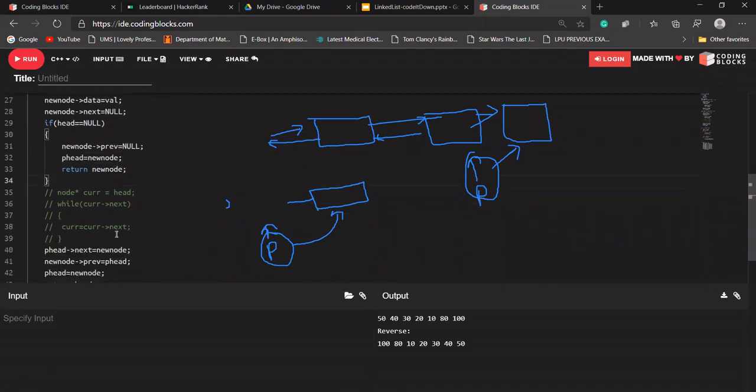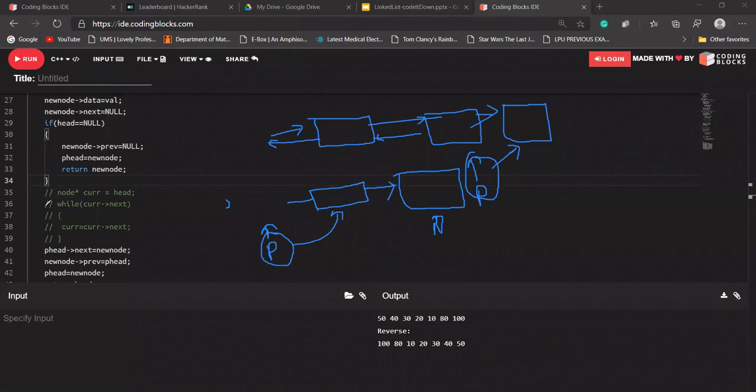But if we have some data and we want to add something to the last of our linked list, right now our p head is pointing to the last node. The new node will be created and pointing to this. Suppose this is our new node. Suppose we have been given a linked list, and our p head is pointing to the last of this list. Because we want to add something after this node, p head's next will point to the new node. So what I'm writing here is: p head's next will point to new node.